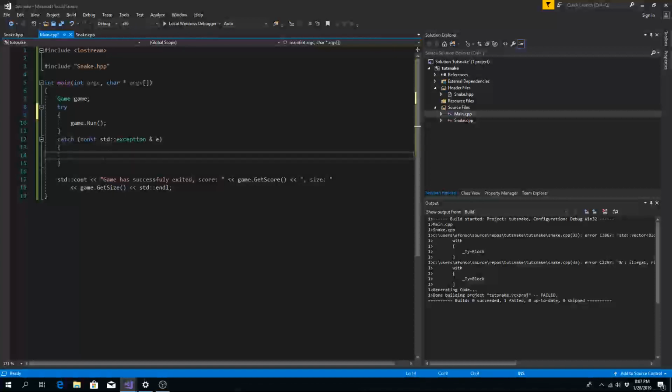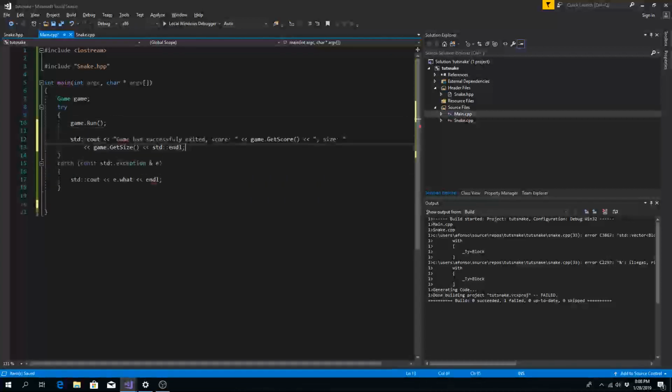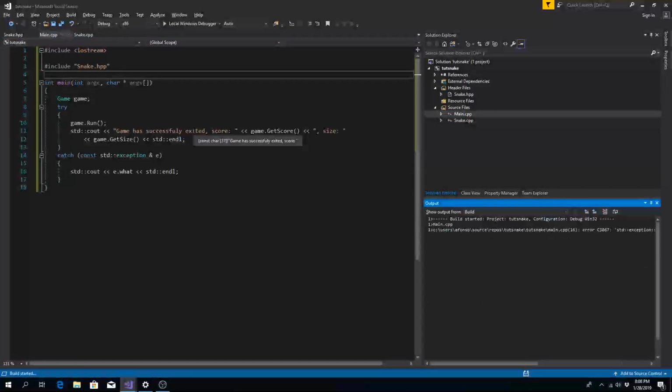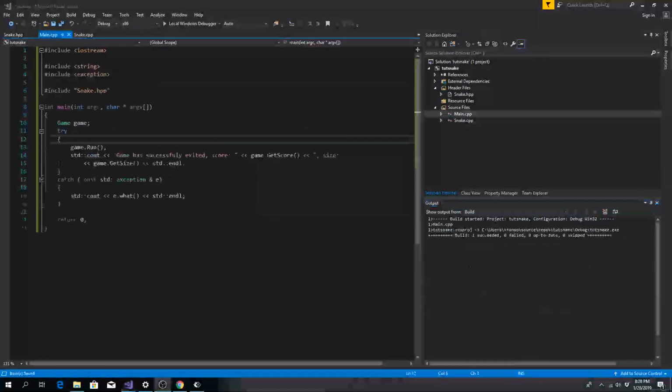And if any exception happens, we're just going to print it to the screen. And we need to put this over here. Alright, and this should probably work. Let's see. Of course it doesn't work. Errors. Right guys, so I just had a major headache trying to find a bug. Right here, don't forget that e.what is a function, so just put the parentheses over there